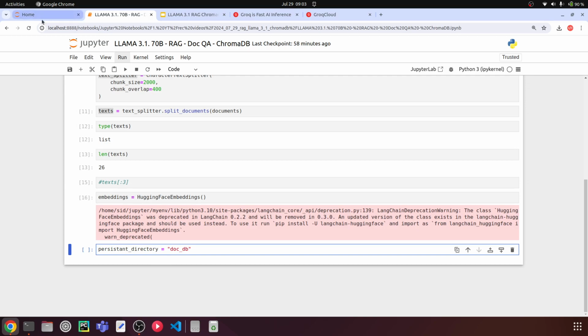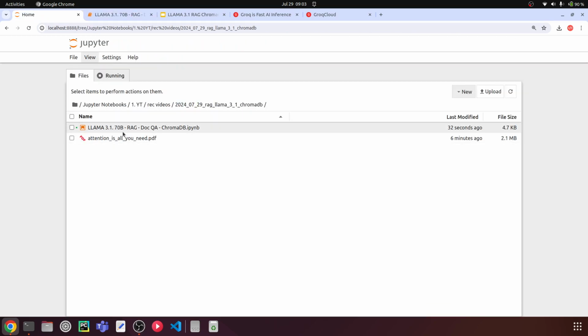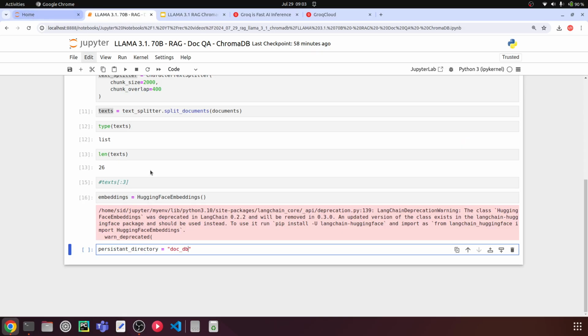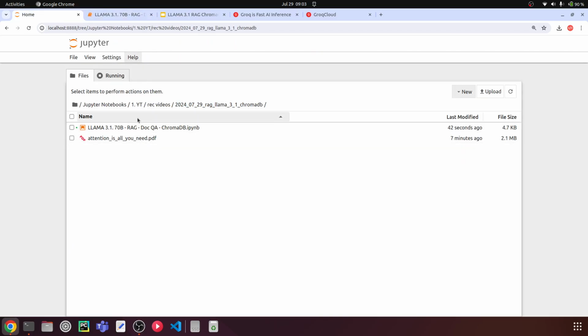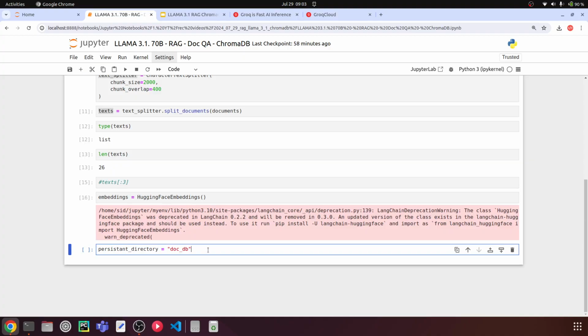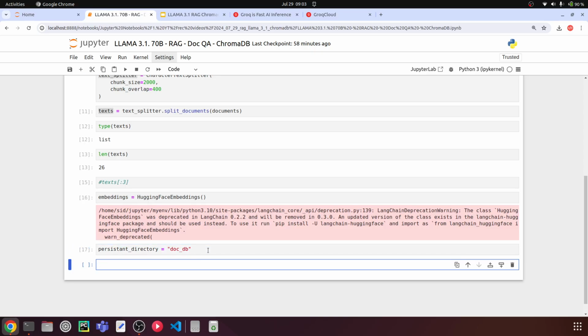So this will create a folder in the working directory. If you want, you can also give a different path where you want your persistent directory to be saved, but here I'll just use docdb, which is the folder name. That's going to create a folder here. So let's run this. This is the variable name, and after that we can say